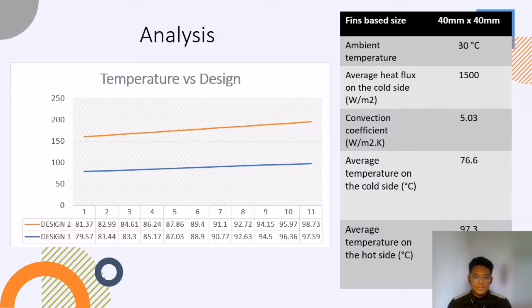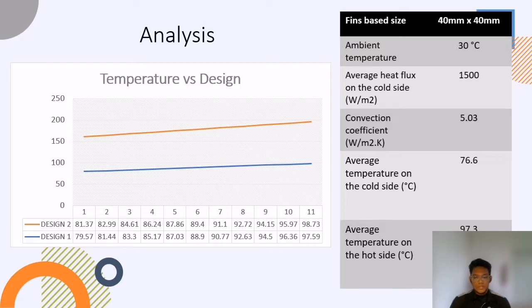To your right is a table. It's a guidance that was given to us to put all the values and run the simulation in SolidWorks. So the fin base size is 40 mm times 40 mm. Next is the ambient temperature. We used 30 Celsius and average heat flux on the cold side we have used 1500. As for the convection coefficient, we have used 5.03. So the average expected temperature on the cold side is 76.6 and the average temperature on the hot side is